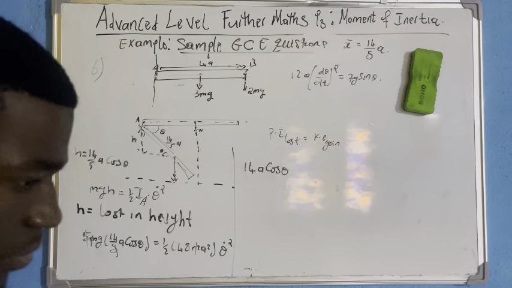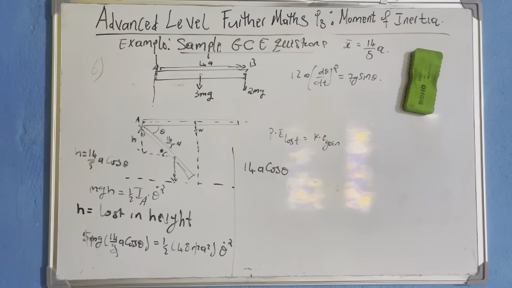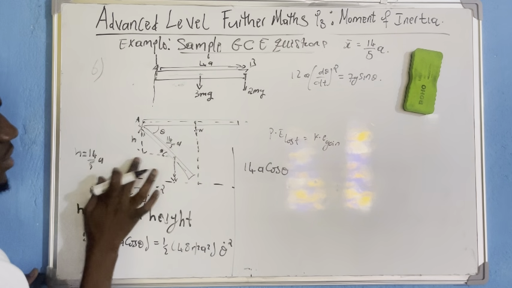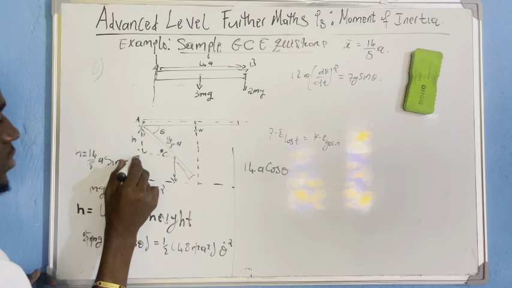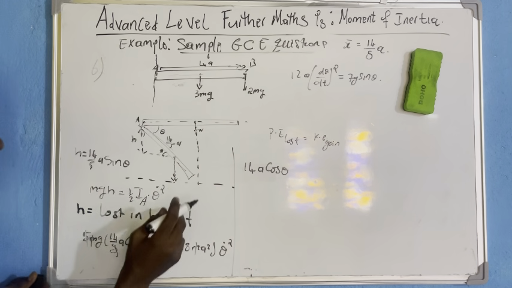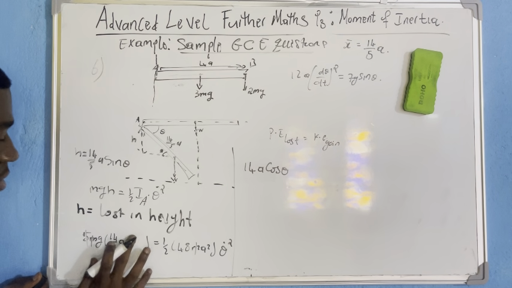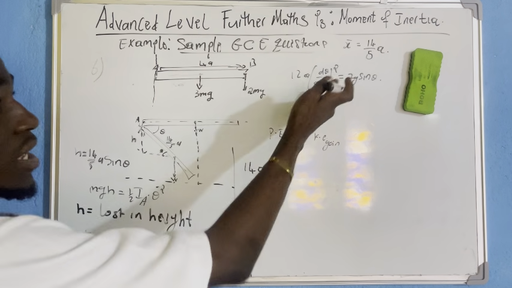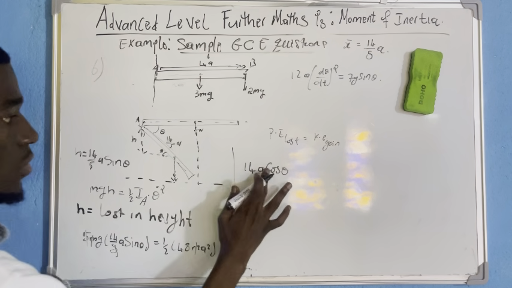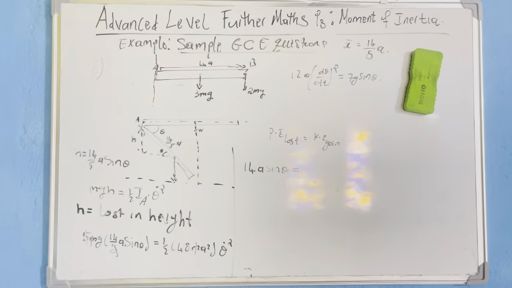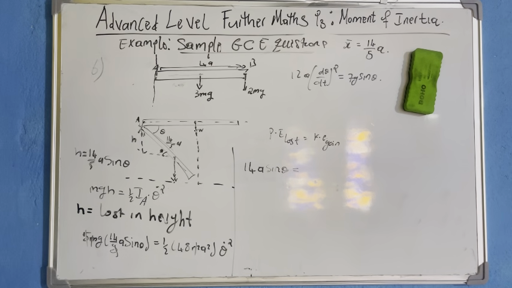Why am I having cos theta? Inside the proof, it is sine theta. Please, opposite side, we use sine theta, not cos. H here is the opposite side of the angle, therefore it is sine. So, opposite over hypotenuse. So, here is sine. I'm very sorry for that. So, here is sine theta. When you are solving, please look at your proof so that you should know if you did an error or not. So, you should have time to correct the error very quickly. I realized that the proof was not having cos. It means that I did an error, then I corrected it.